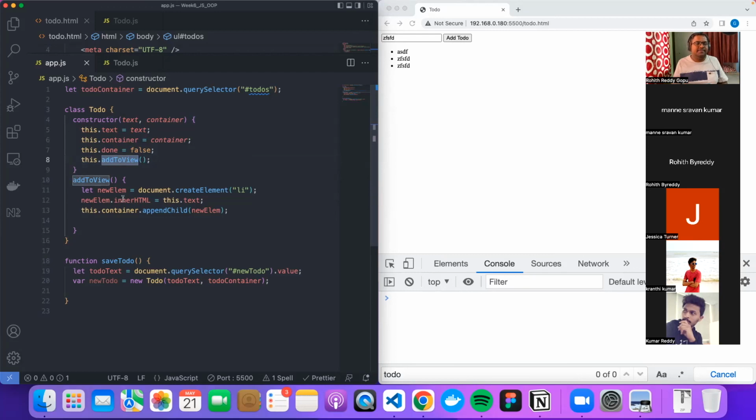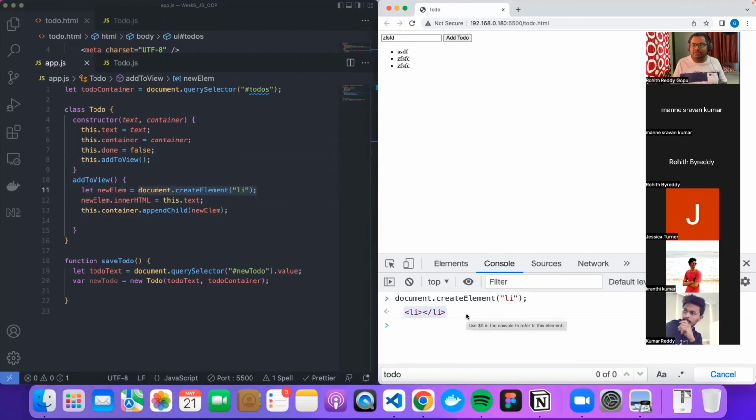It will call that. Now I called, and then what I did, I created an element called new li with document.createElement, which will create a new element. You will see if I execute this line here, it will give me a new empty li. So this is simply, instead of putting a string, instead of innerHTML, other things, a much better way of doing it. Create a dynamic element. Okay, once this element is created, you can do like this. Dot innerHTML